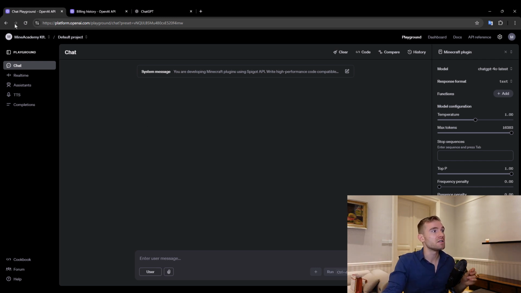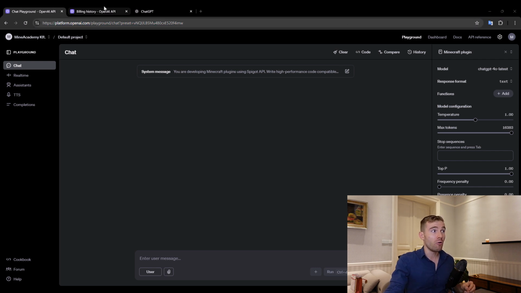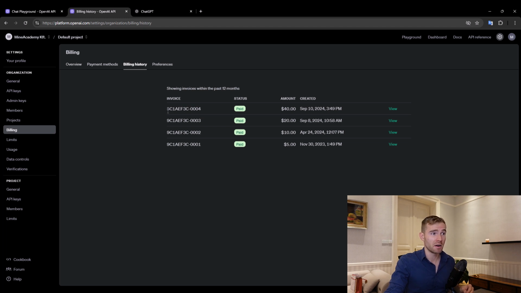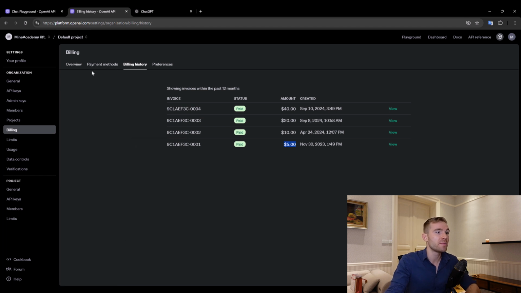First of all, you need to open an account at the platform OpenAI.com. When it comes to opening credits, you can just use your credit card and you can see how cheap that is. Since last year, which has been 13 months, I've only spent 40, 60, 75 bucks, and 75 divided by 13 is just $5.76 per month. That really depends on your usage, but for me personally, it's almost 4 times cheaper than having to spend $20 for something which I may or may not use that particular month.